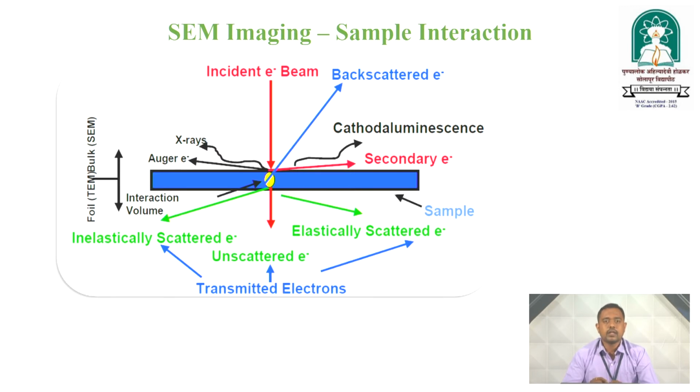That ejection of the electron is acting as a secondary electron in that process. Thereafter, we have the backscattered electron. The backscattered electrons come back from that particular surface, and they come from a much smaller, lower region of the sample. Also, we have X-rays and Auger electrons.